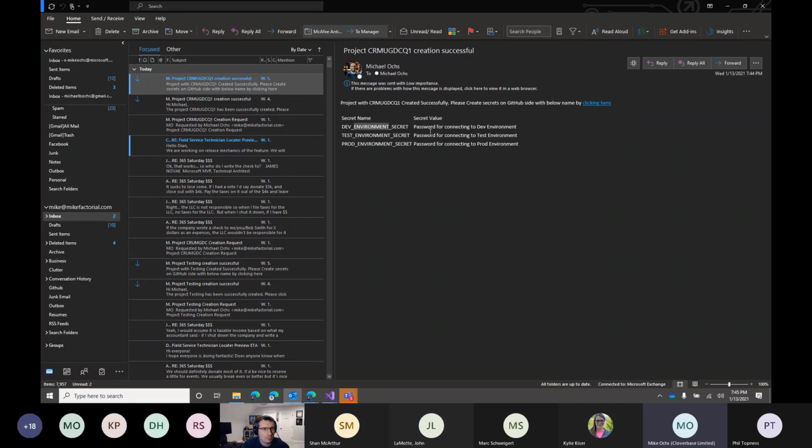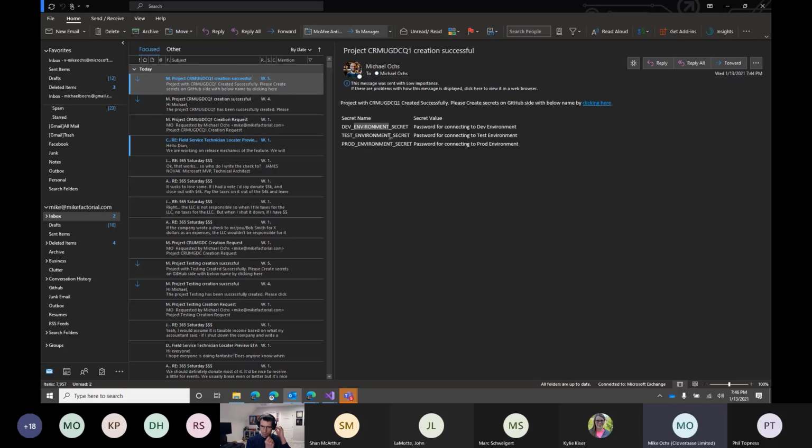So that's what this email is about. One of the things that is different in GitHub than in Azure DevOps is that the ability to use a service principal in GitHub is not as advanced as it is in Azure DevOps. So a lot of this is using username and password, not ideal, but that's the current state of things. And just to be clear, service principal support is coming for the GitHub Actions as well. It's just not there yet. Right. Mark will talk about that in a little more detail soon.